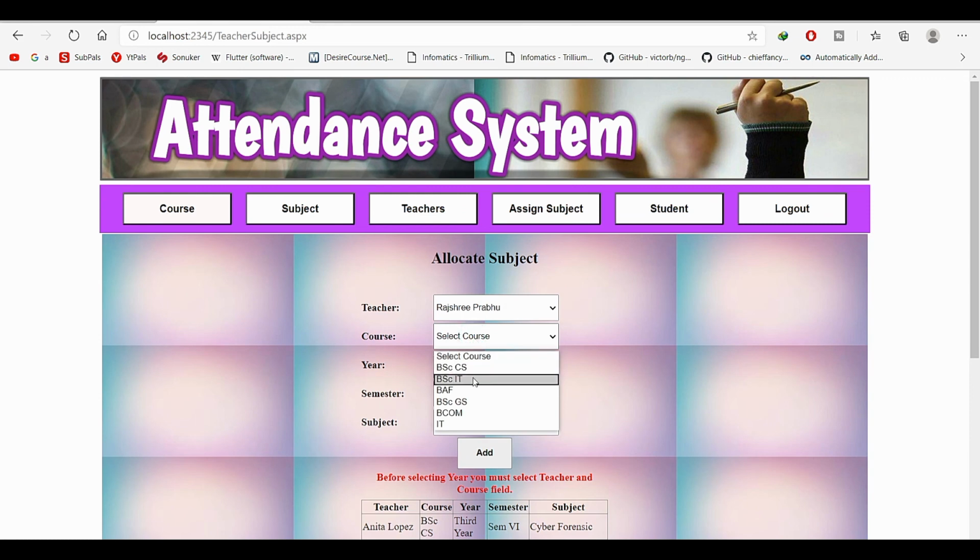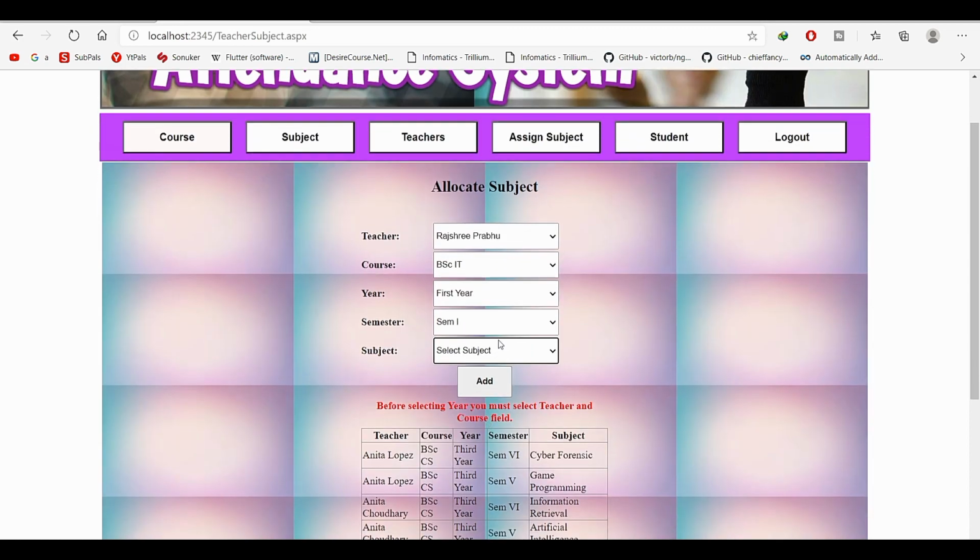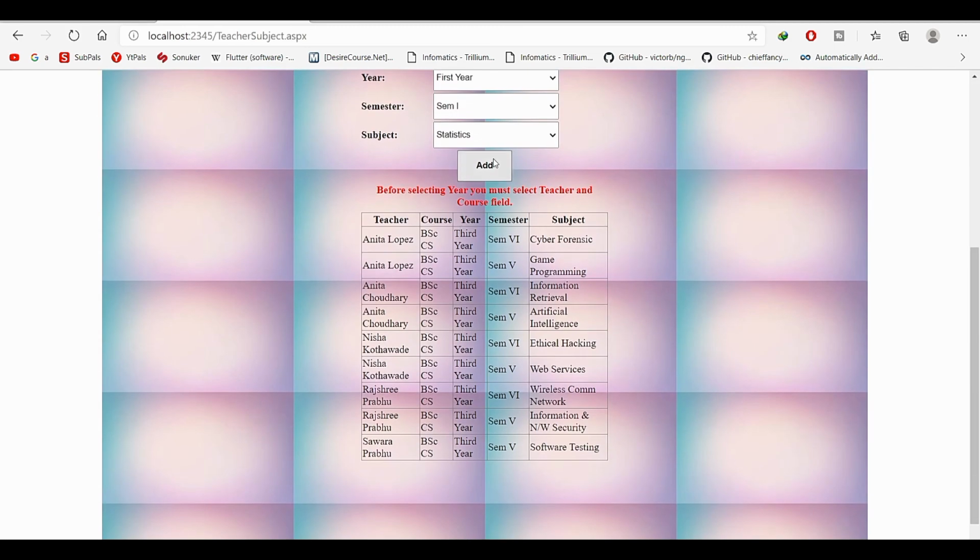Select the course, select the year, then after selecting year select the semester, then after that select the subject. Now click on add.